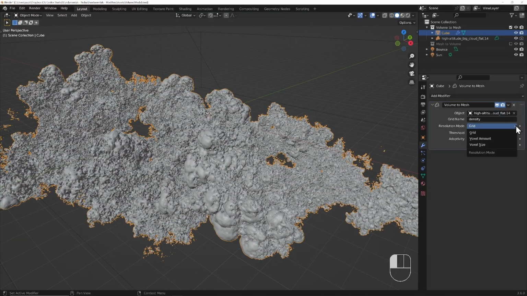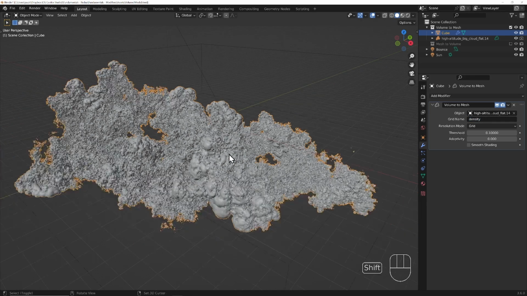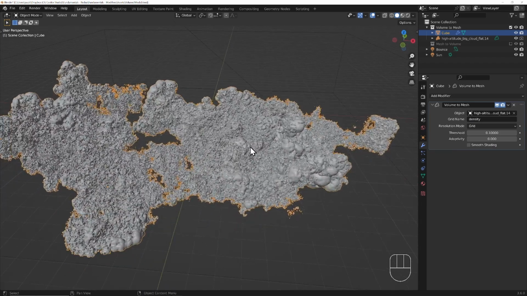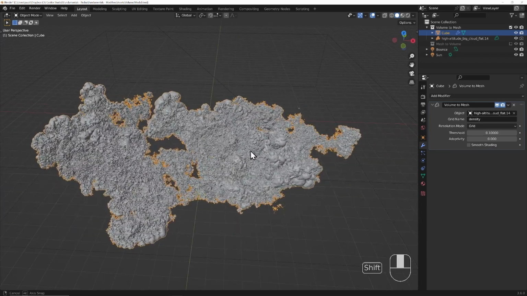For this modifier, there are 3 resolution modes: grid, voxel amount, and voxel size. The grid name is imported from the VDB file. It usually references the base grid that is already packed into the VDB file, which in this case stores density values. When the resolution mode is set to grid, it will use this imported base grid distribution of voxels in order to generate the resulting mesh. The voxels can vary in size according to the density,